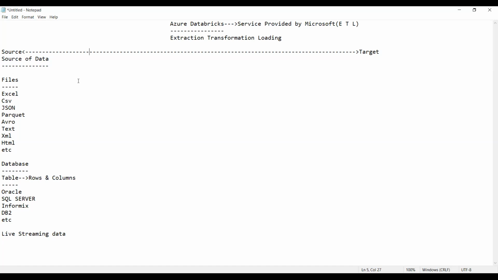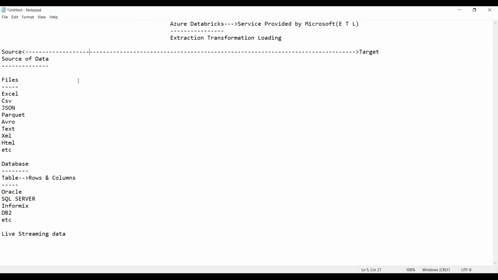The thing is, you have said that sources of data, you're saying that files, right? Excel and CSV, JSON, etc. So I think these are the types of files that we can get from the various sources, like SAP sources.